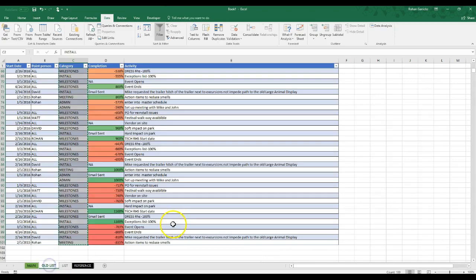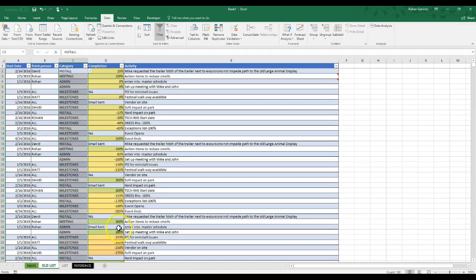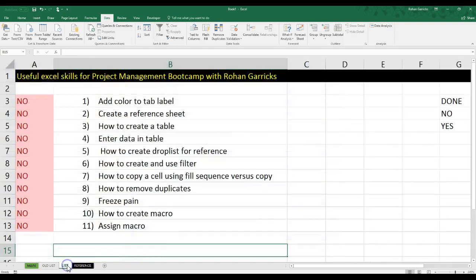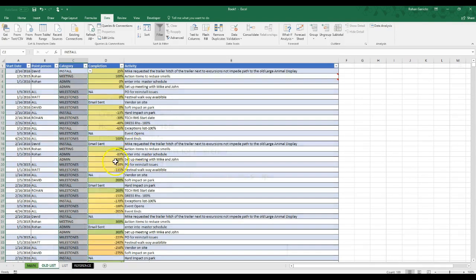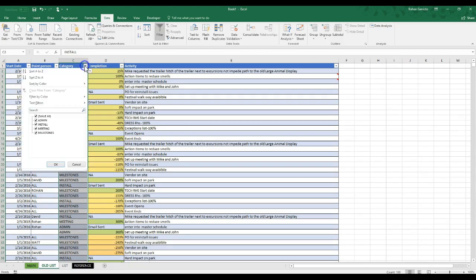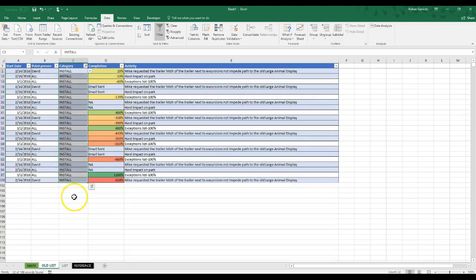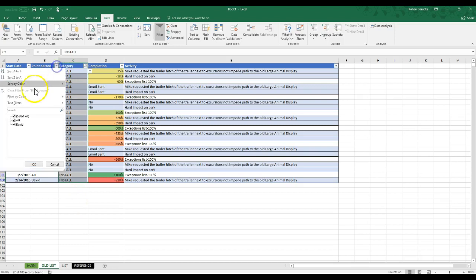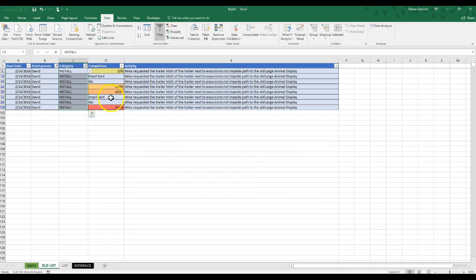Now going to the old list, why would you need the filter? How is that going to be super helpful for you? If you wanted to look at only the things that are install related, you can click on that and then you just go to install. And it zooms you right in on the stuff that's installed. You wanted to look at the stuff that's installed that David is responsible for, and then this becomes